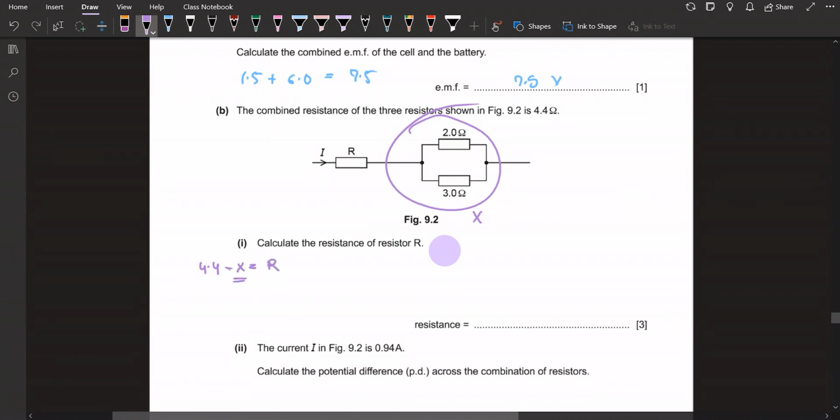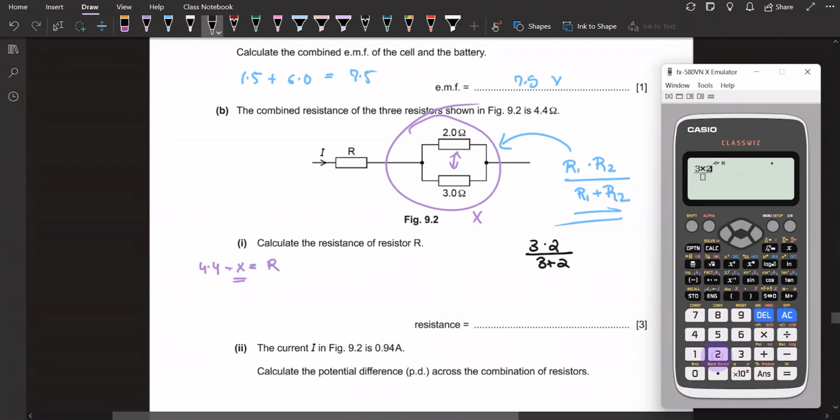So how do we find X? Well, the resistances are connected in parallel, they're not in series, so we can use our formula, which is R1 into R2 divided by R1 plus R2, and we get our resistance for this. So for this, what we can do is 3 into 2 divided by 3 plus 2,